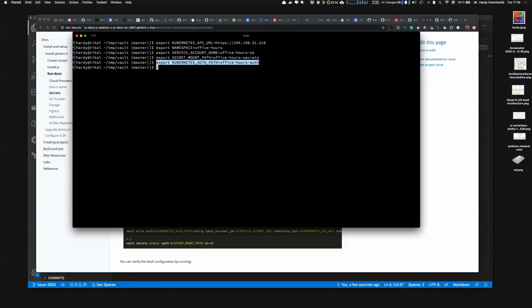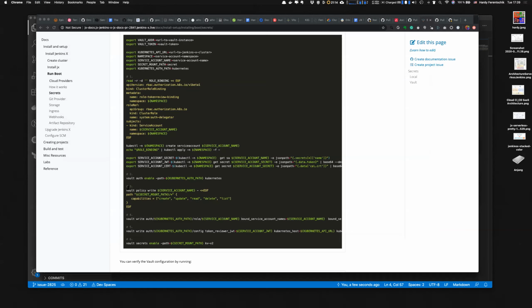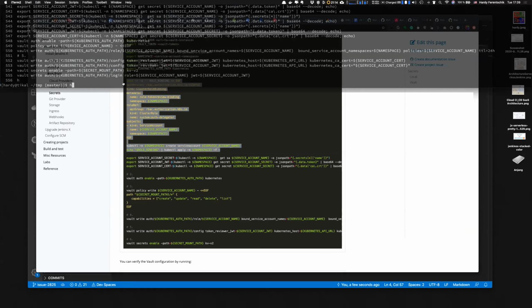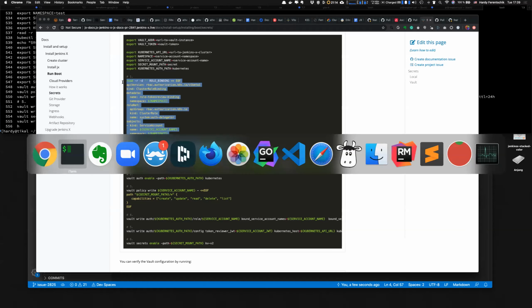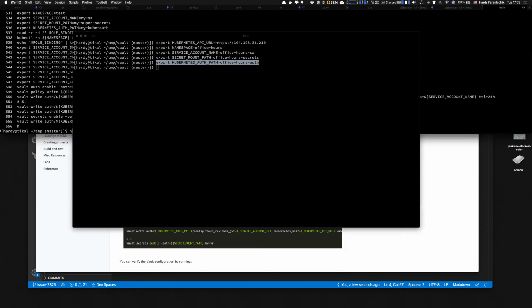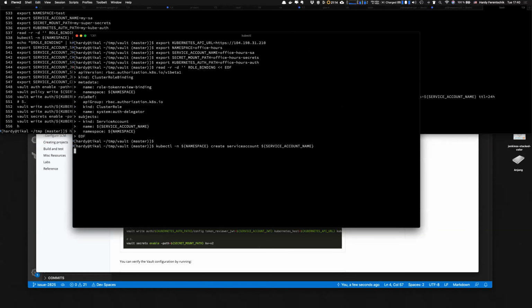You also need the path under which this authentication plugin is going to be enabled. So now, hopefully, we should be able to cut and paste these sections and see that things just happen. So this part,